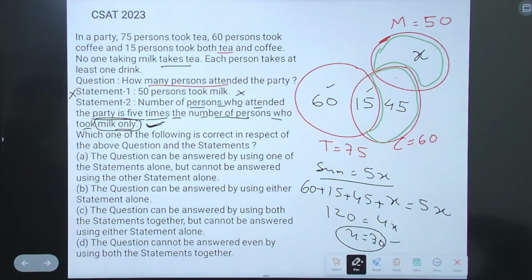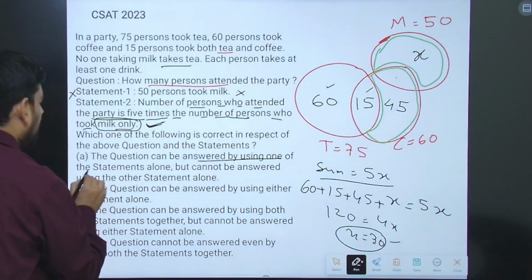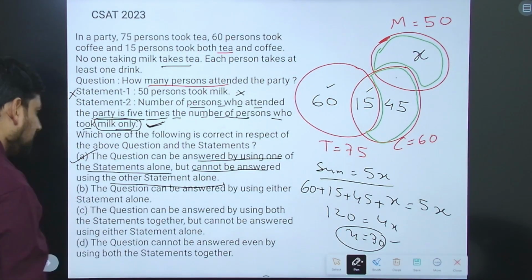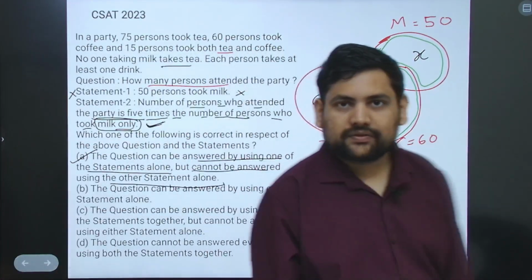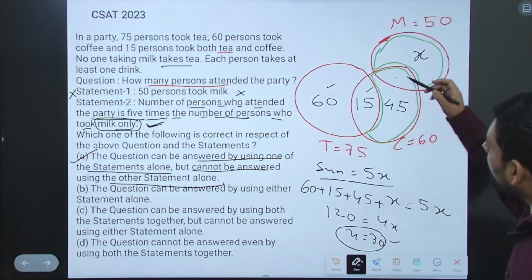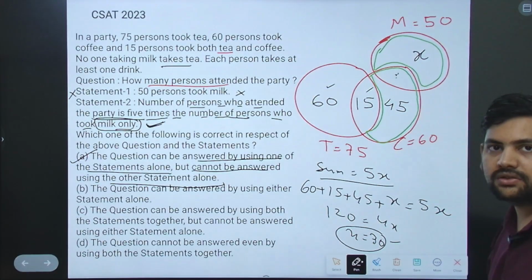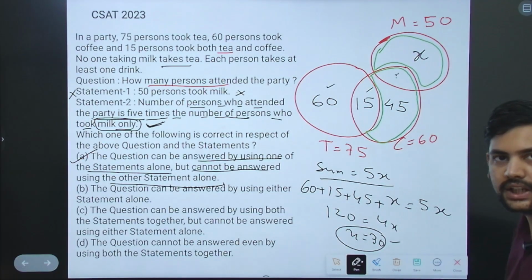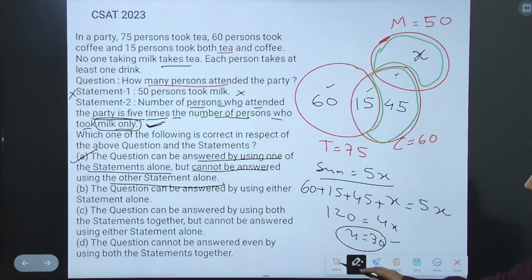So answer becomes, the question can be answered by using one of the statement alone but cannot be answered by the other statement alone. Answer becomes A. Understood? Okay, little tricky because usually we try to find these values also, then only count the number of attendees, but that is how they have given it. Then next,